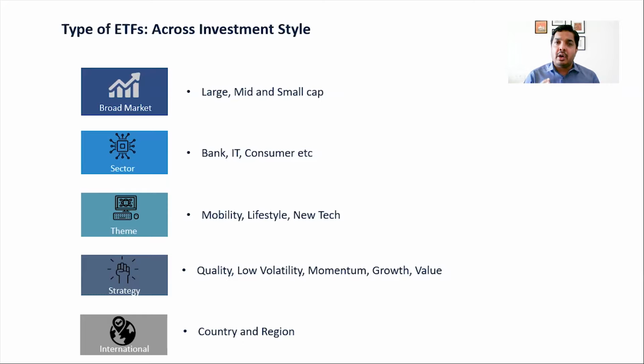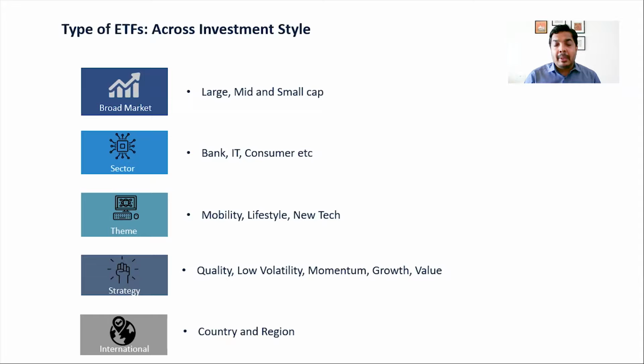If you're talking about right now, it can be based on momentum, i.e. selecting the companies which are doing well based on price momentum recently. It can be based on low volatility, as I mentioned. It can be based on quality factors, and it differs from AMCs to AMCs and scholars to scholars on how people are defining quality. It can be based on factors like value, growth, etc.